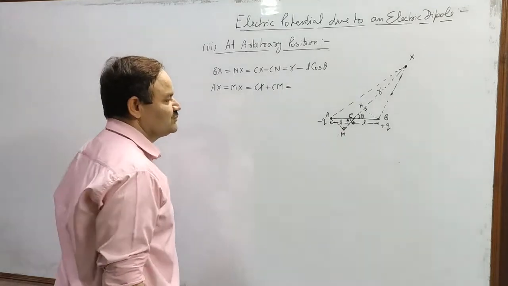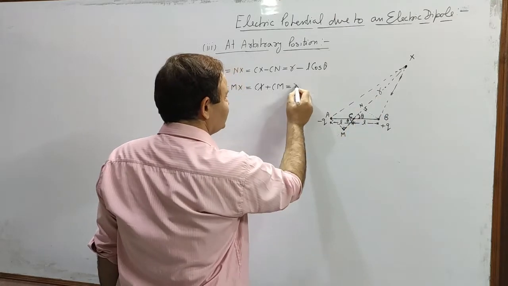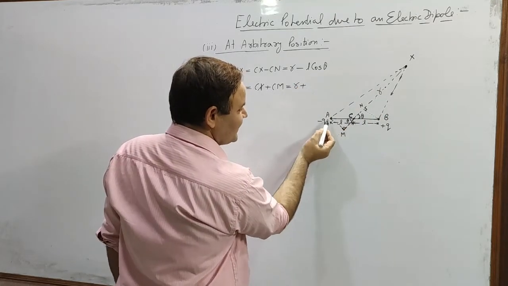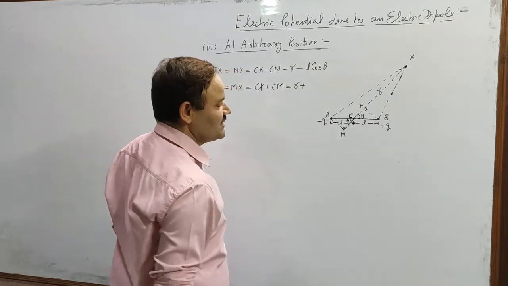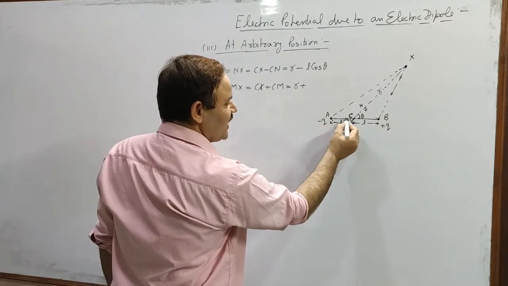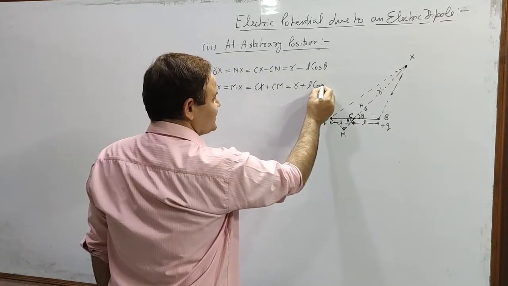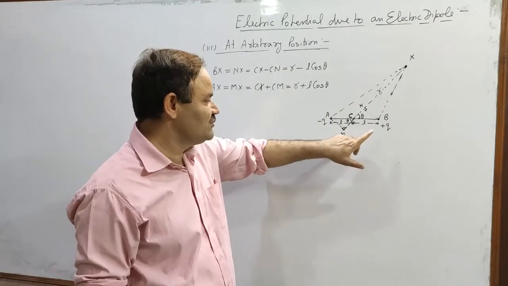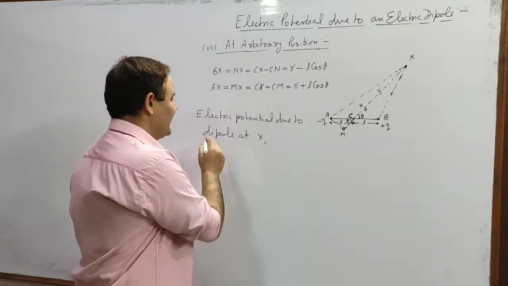This is equal to CX is R plus CM, again base for angle theta in triangle AMC, and base is equal to hypotenuse into cos theta, that is L cos theta. Now we have the distance of x from minus q as well as from plus q, and hence electric potential